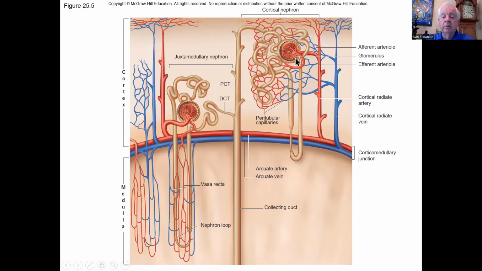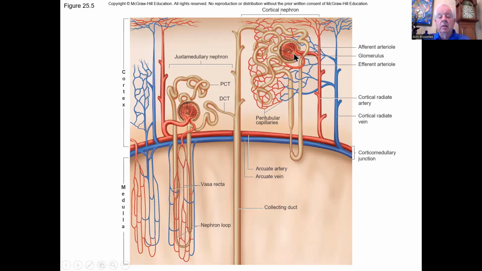If we were losing 2 gallons of blood an hour, in about 2 or 3 hours, we wouldn't have any blood left. So most of the fluid gets reabsorbed. Almost everything that comes out of the filtrate gets reabsorbed back into the blood. So what we're going to talk about today is the forces that cause this filtration, cause the filtration rate to